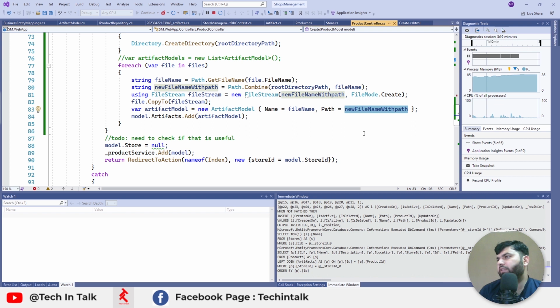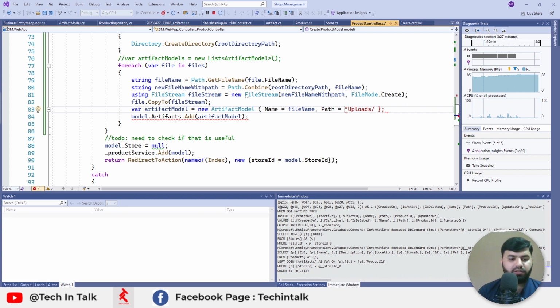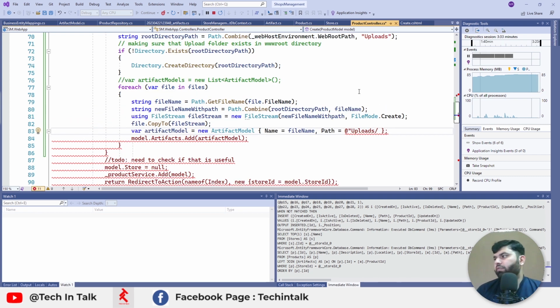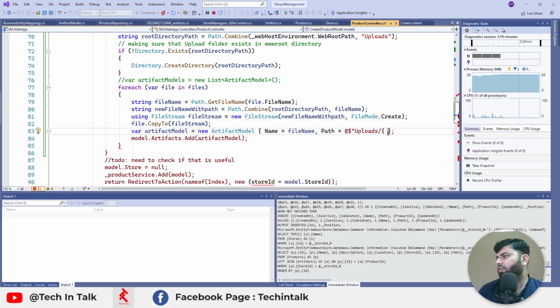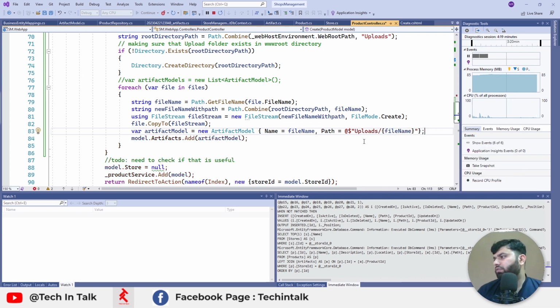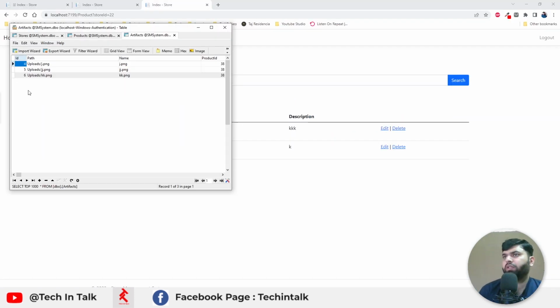So for that one, we only need uploads slash, and we can add the at sign or a single slash, and we can use string interpolation and pass one. All right, so let me press Ctrl F5 again. Now we have